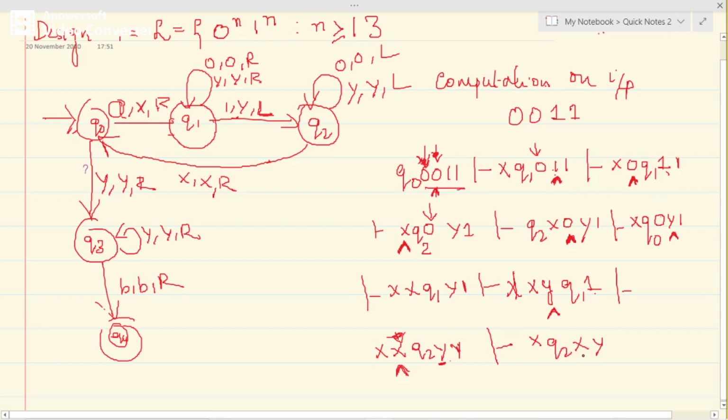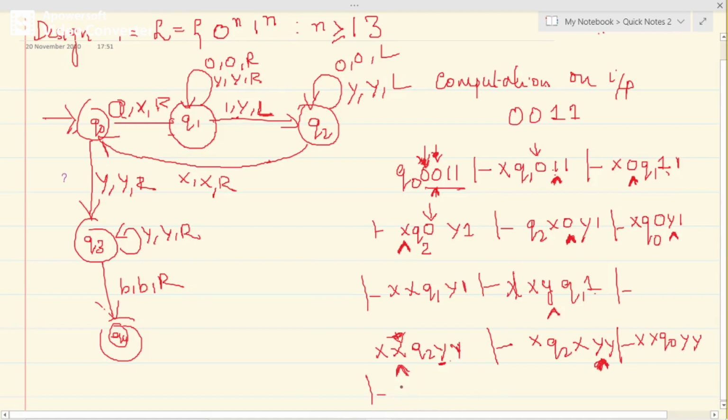After Q2 on X, X X R, so it goes to Q0 state. X X R in the sense it goes to Y, correct? The next processing character will be on this, so the state needs to be before this. So Q0 Y Y. Q0 on Y goes to where?